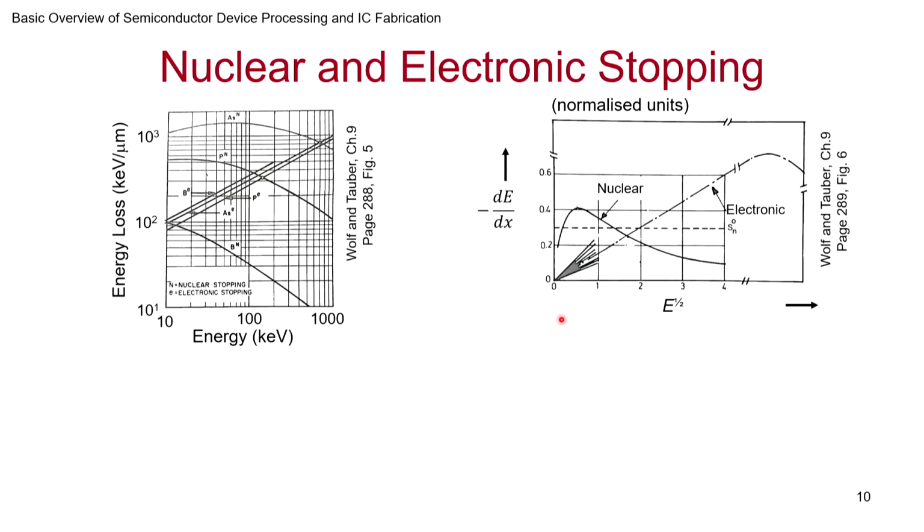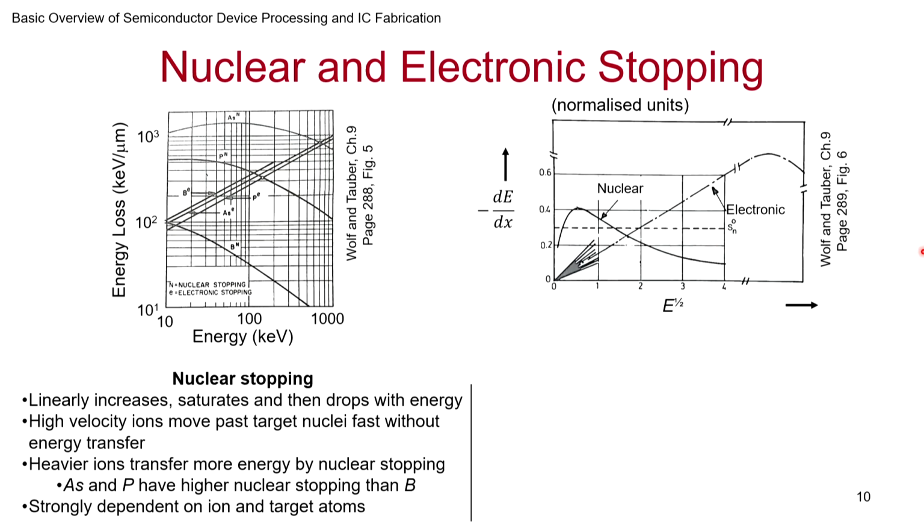So, this is also shown schematically here with normalized units. This has been plotted. You can see that nuclear stopping initially increases with the energy of the implant, peaks, and then comes down. Electronic stopping also goes like this, but in the usual implant range that we are involved in, we do not usually encounter this peaking of the electronic stopping and then coming down. This means that if the ion is extremely fast, even electrons will not be able to stop it, and the nucleus will not be able to stop it. Of course, some energy loss will be there, but it will be negligible compared to the overall energy it has. It will just go through the whole thing. Okay, so that's what we are finding.